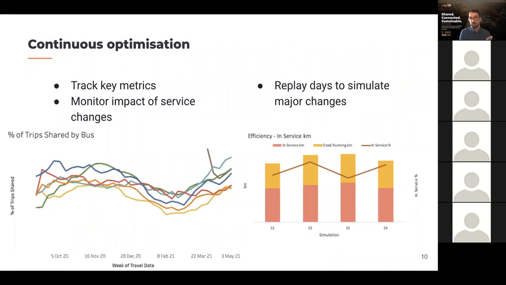You can take the demand from a previous day, run it again with different settings, and see the impact that has. An example of this for the Just Go service is that we recently simulated the additional bus that's just been added. We took the demand that we already had and ran through lots of different configurations to see how we best use that asset to help meet our aims.